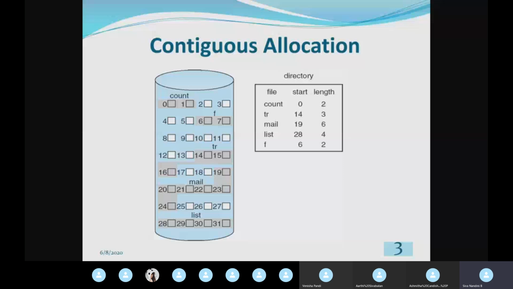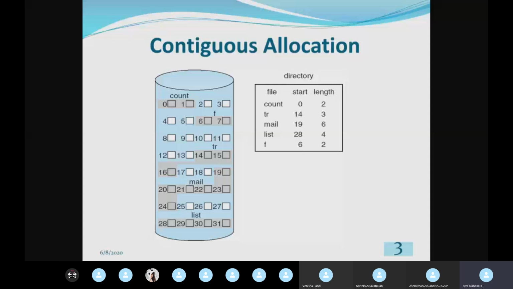So 0, 1, 2, 3, up to 31, the squares given, are nothing but the logical blocks within this disk storage.